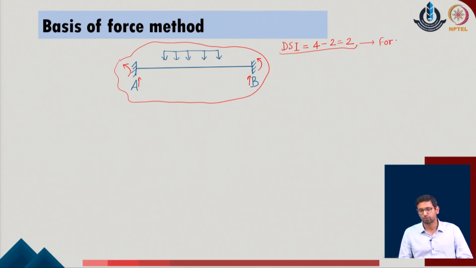Now, at the same time, this consideration of the degree of static indeterminacy is important to know the forces of the given system. So, as long as we talk about the forces, we will be looking at the static equilibrium of the given system. We will always take up the degree of static indeterminacy, because it typically identifies the available number of forces with respect to the equilibrium equations of the given system. In the second part, we will see the conditions of the displacements or the conditions of compatibility of the given system, and we will realize that the displacements can be identified from the degree of kinematic indeterminacy, and that is what the standard displacement method gives us.